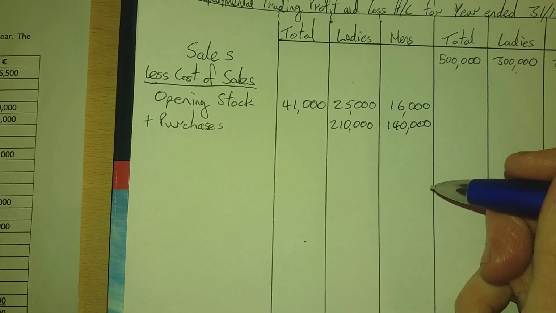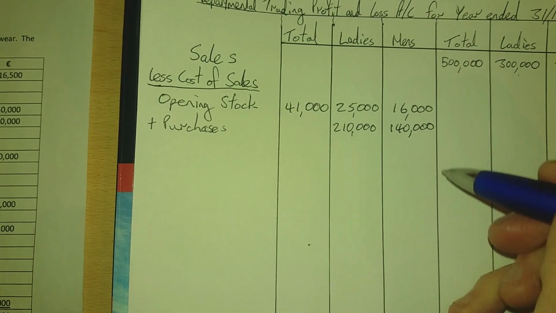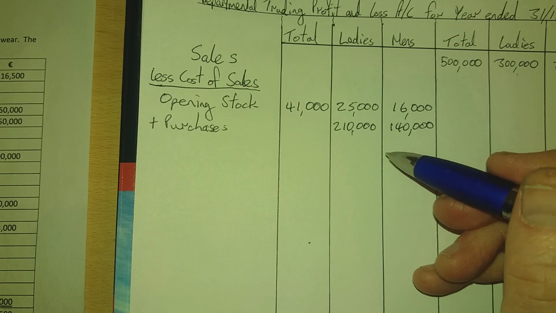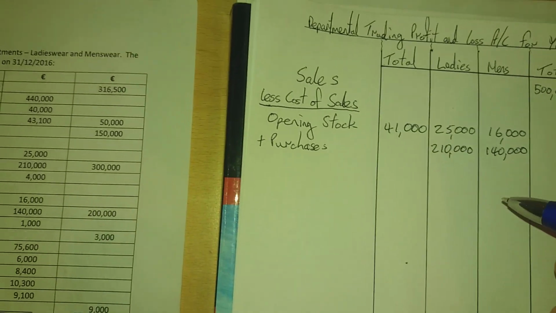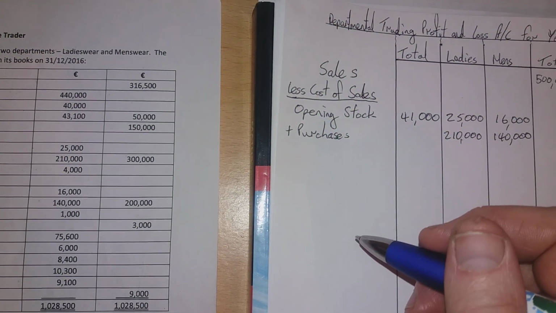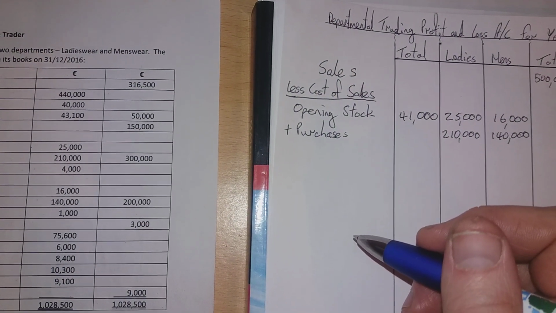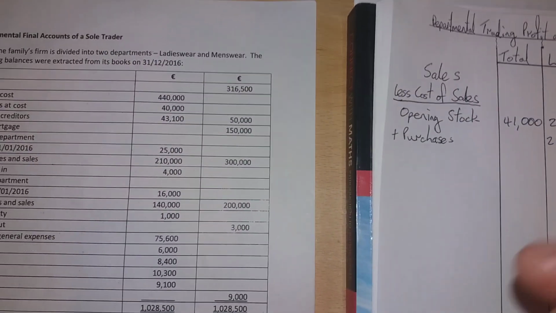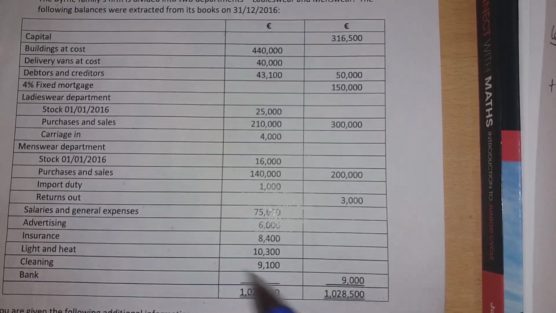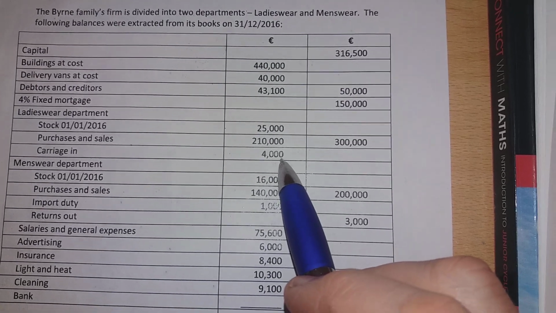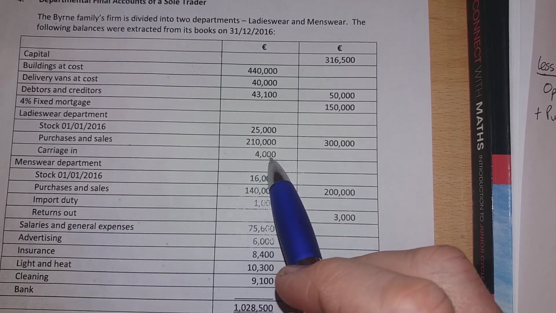Okay, and I suppose rather than totaling it right now, we'll just add a few more things in first and then total afterwards. So the next thing is, it's normally less closing stock at this stage, but we have a few additional items in here, and they are, if we look in the ladies' wear department, there's carriage in of 4,000, so that's going to definitely add